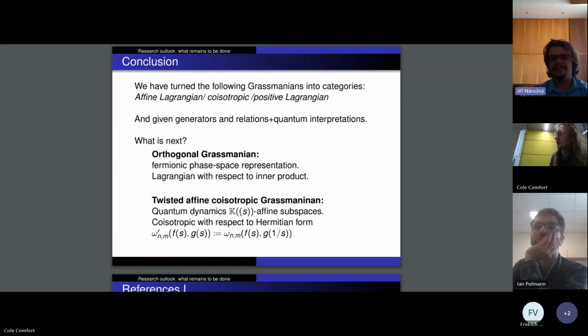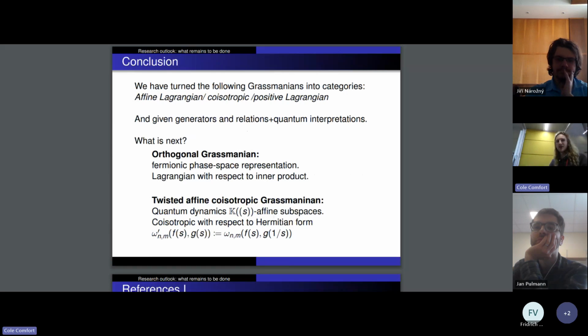Similarly, if we work over the field of formal Laurent series, say over the reals or the complex numbers or finite fields, three examples that we've discussed here. Can we talk about generating functions if we swap the symplectic form so that we invert the second argument, the polynomial in the second argument?